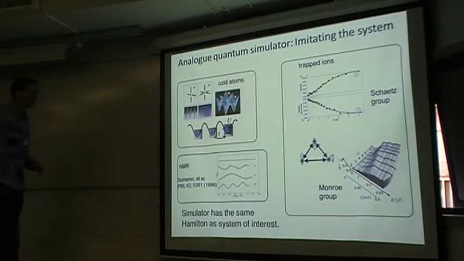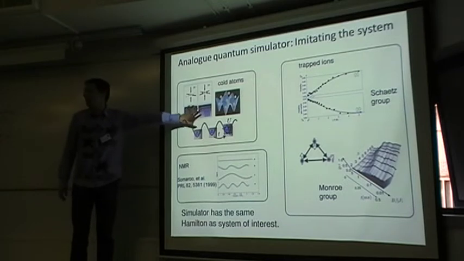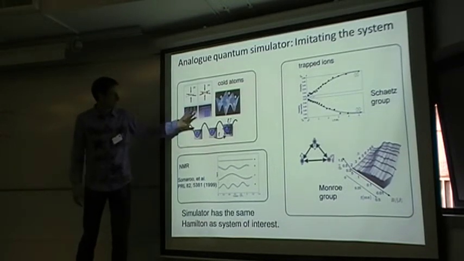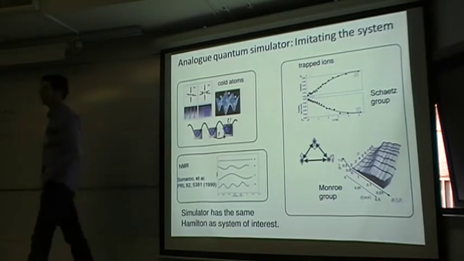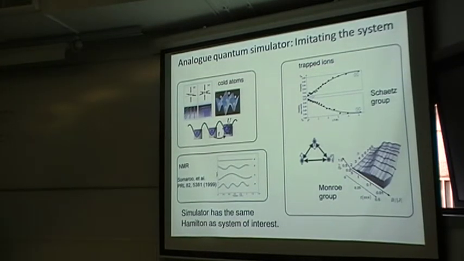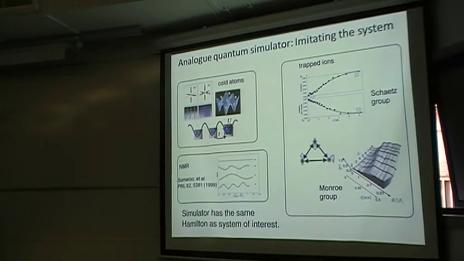So for something like that, you want a quantum simulator, and of course we are not the only ones doing that. There's quite a number of other people, for example in NMR, Chris Monroe's group, Tobias Schaetz's group, who was the first one doing it with trapped ions. And of course, there's also now a huge effort to do that with quantum